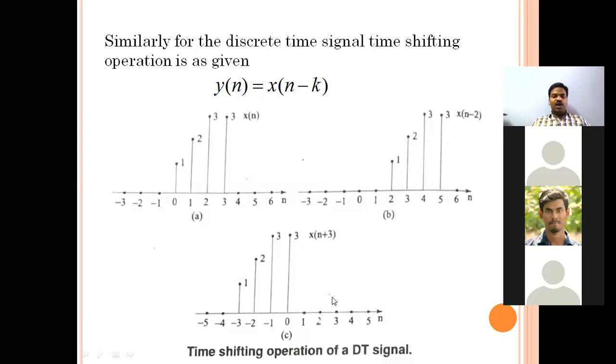So similarly, if you want to advance the same signal x of n by 3 units, now see here, your basic signal will be advanced by 3 units, means now your signal will start from -3 and end at 0. Okay, so that's all for today. Remaining we will continue in the next class. But please do remember, please try to